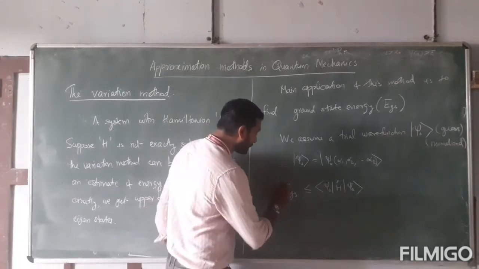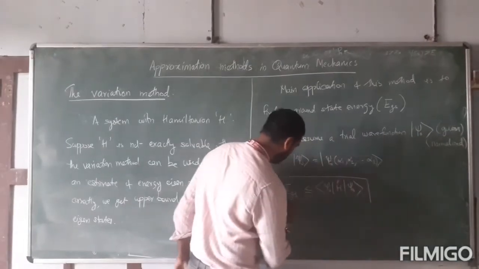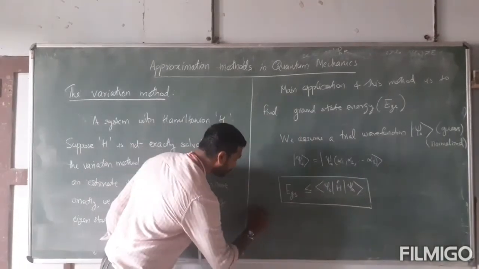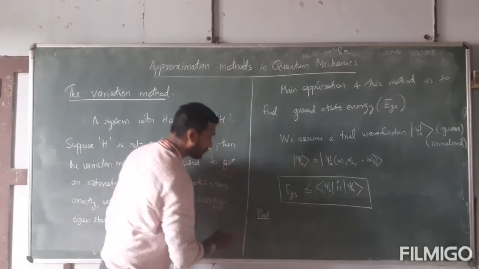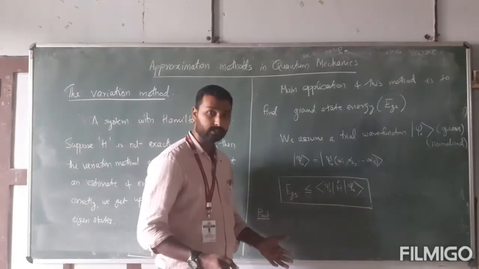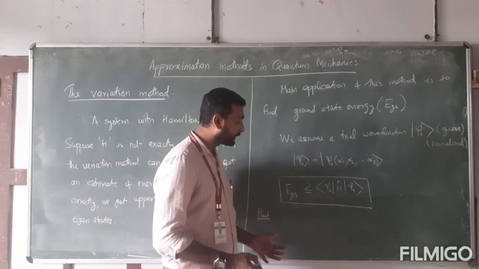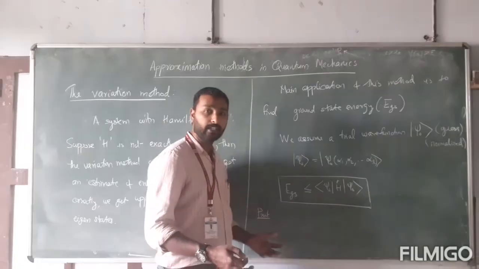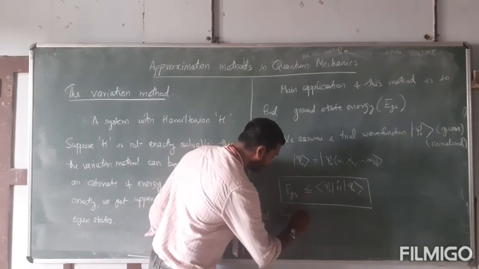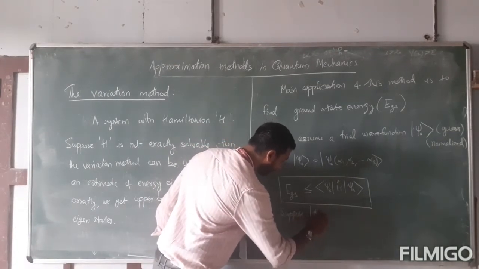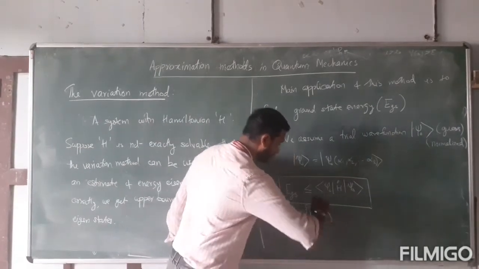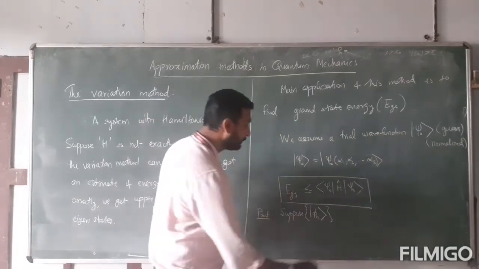Its proof is very simple. So what is the proof? We can complete the proof within a few steps. The psi 0 is a trial wave function, and it is possible to expand psi 0 in terms of energy eigenstates. So suppose phi n are